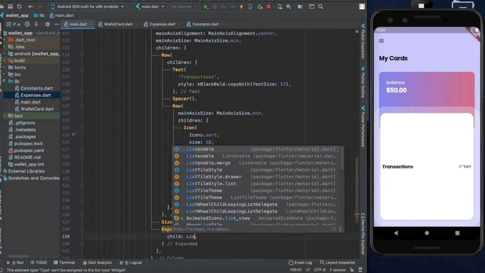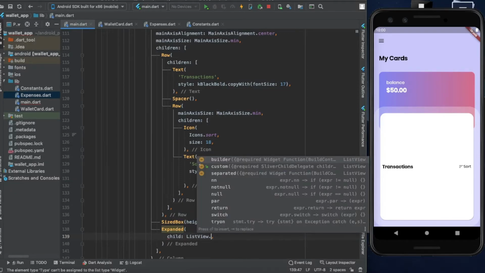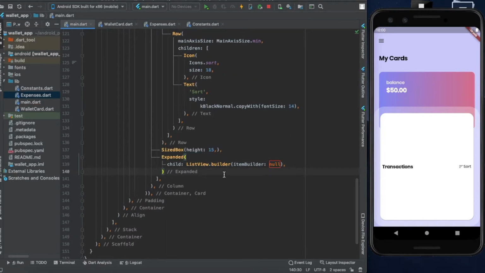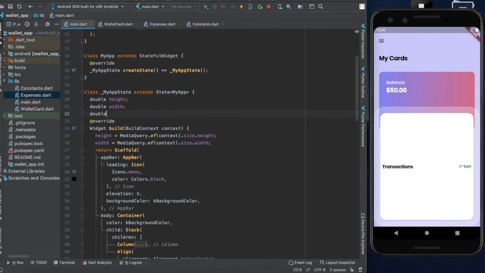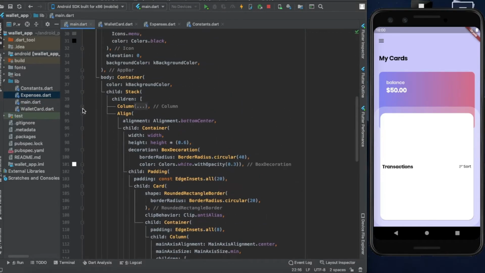So the expanded will have a single child which is going to be our list view dot builder. So before we further set the list view, I'm going to declare a variable called index which has a default value of 0, and inside our swiper